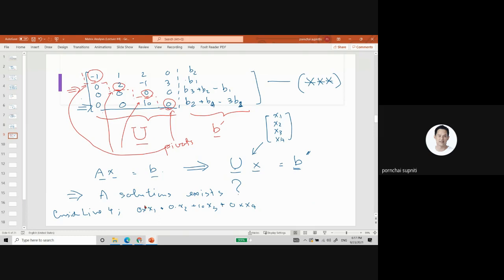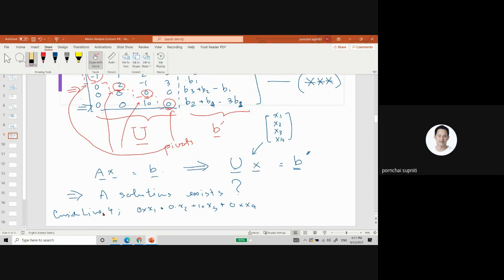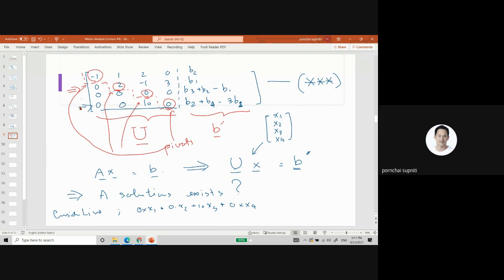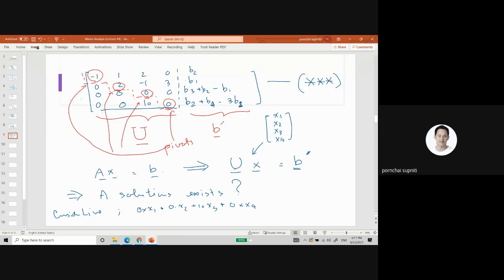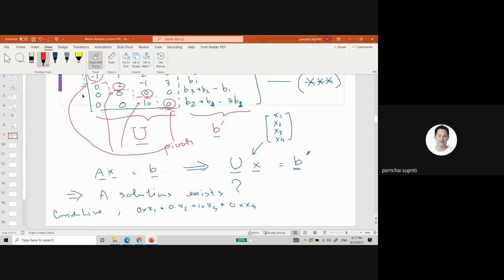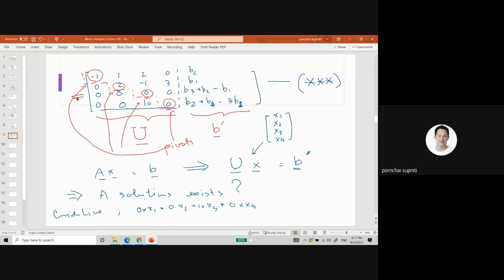Oh, sorry. Let me look at line 3. Sorry, line 4 doesn't help us. So we can use the property on line 3 to help determine some conditions. So if you consider line 3, you will have that